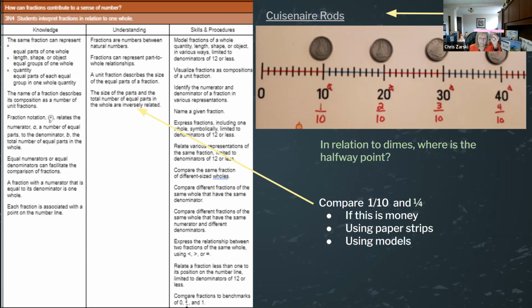Again, same whole, mine's pink this time. They don't have to be different colors, it's just what I have in front of me. And I'd like you to go to 8s. So think of how you got to quarters. I would like you to use your thinking of getting to quarters to show me 8s. I want 8 equal pieces. So go ahead and fold again.